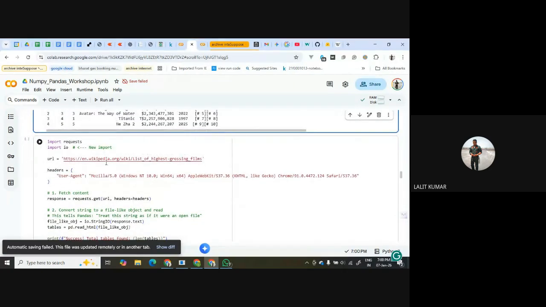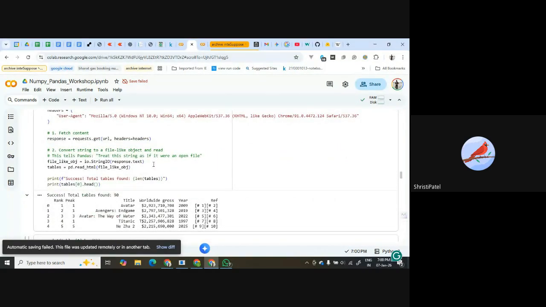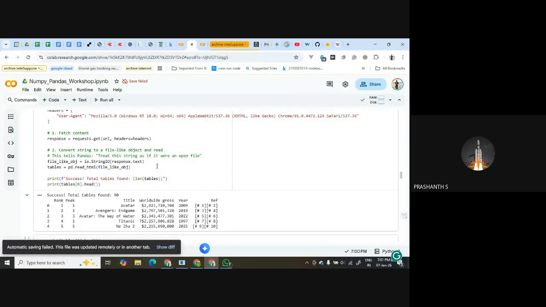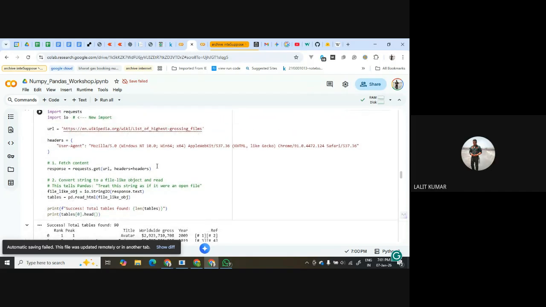So it will only target the tables on the HTML page, right? Yes. The request will contain all the data, but since you're using read_html, it will only read the tables.